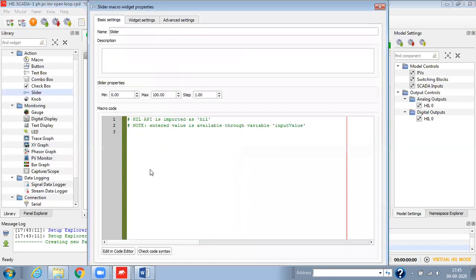Now we are going to change the slider. So this is for irradiation. So we can change the minimum and maximum value here. We can change the step.